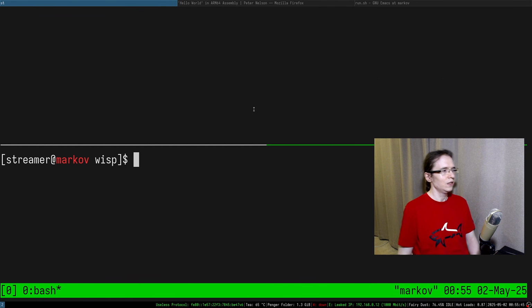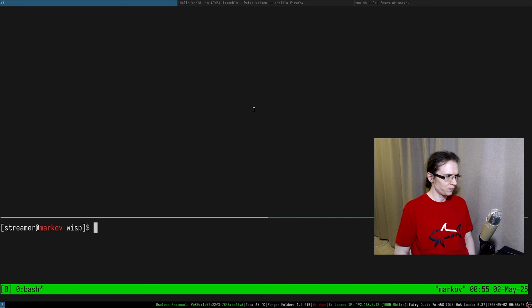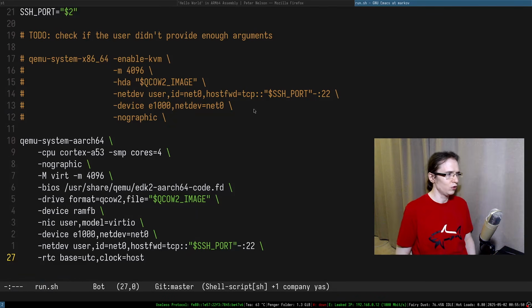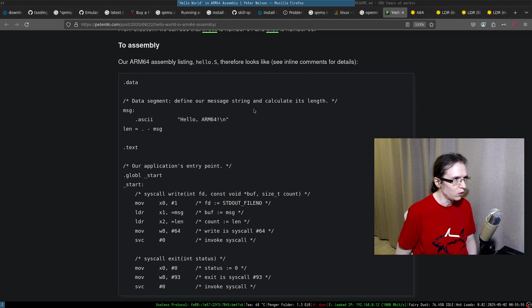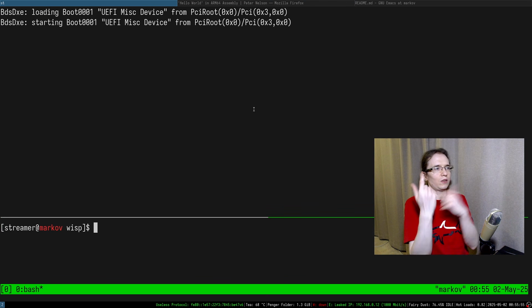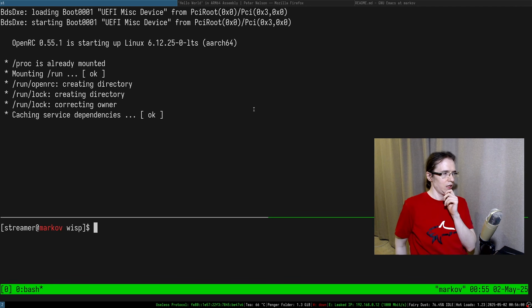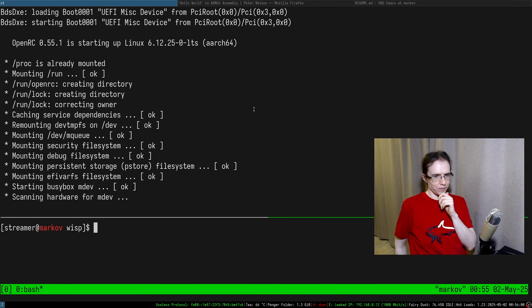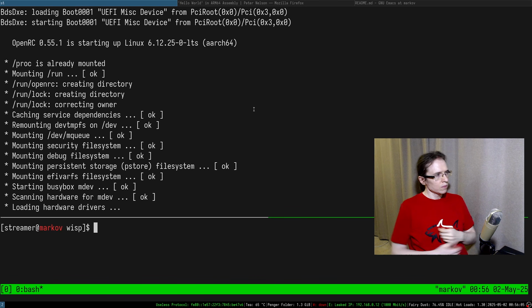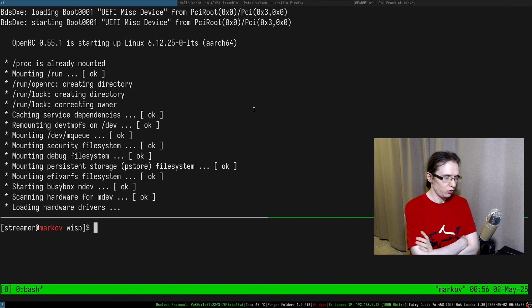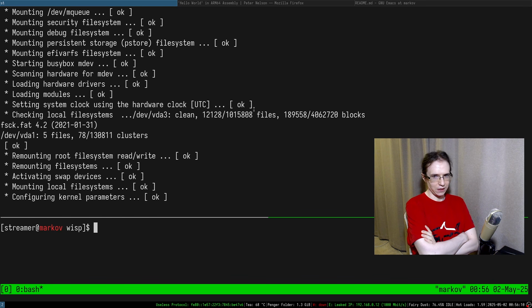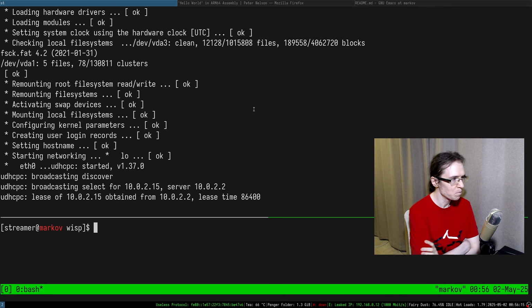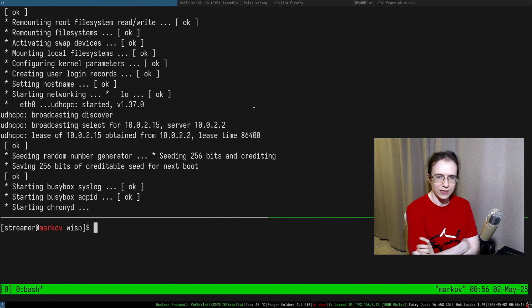Seems to be working. I'm going to wait until it loads up, and then I'm going to try to SSH into it. I'm supposed to use user at localhost and so on. Okay, so it just tunnels the port. If I'm able to SSH into that, that will be super cool. That means I can SCP that main out of the virtual machine. It's loading up.